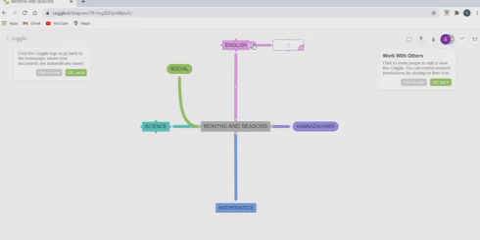First, we will take it for English. In English, you have chosen a topic called vocabulary. So here you have to type vocabulary.